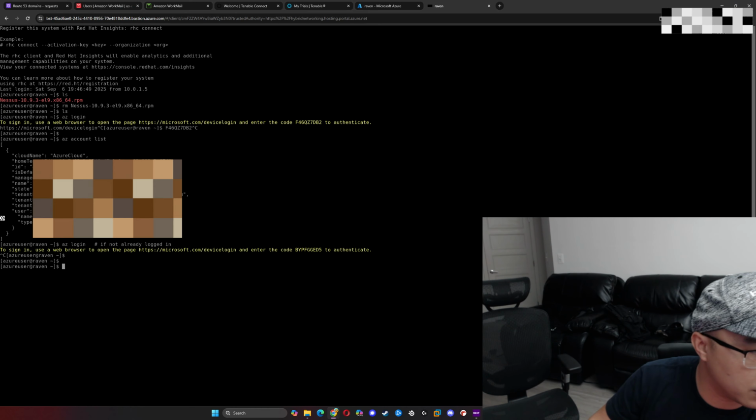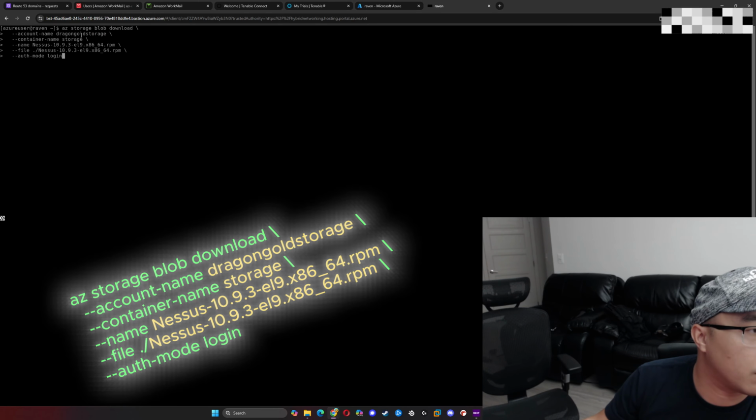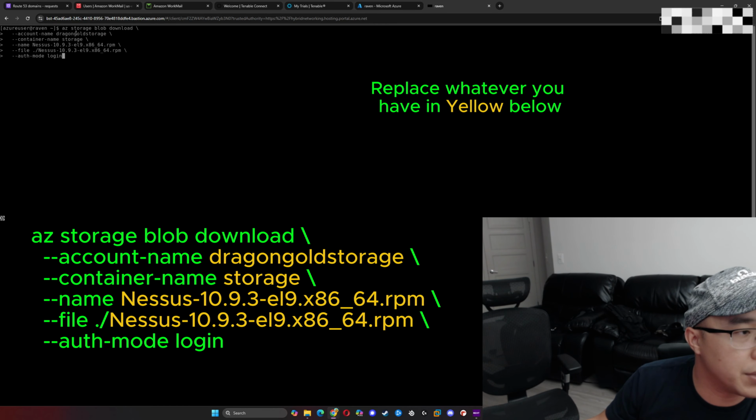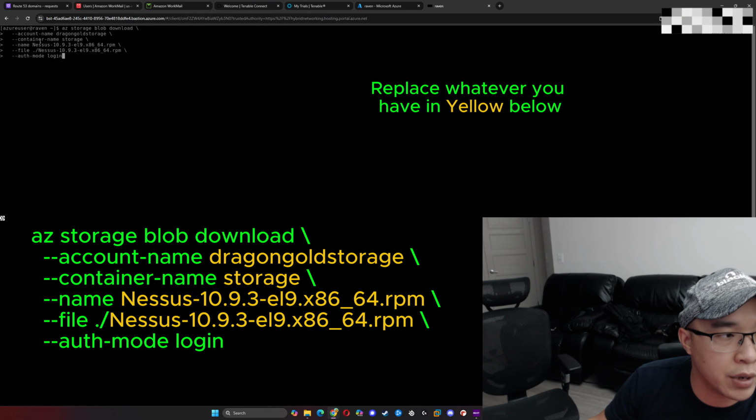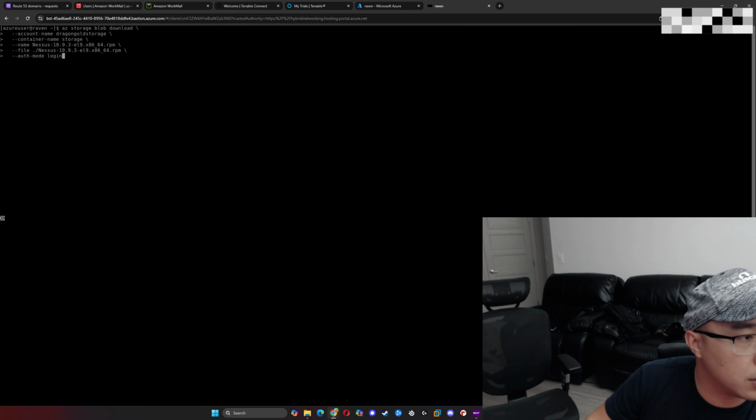Let me clear this real quick. So it's going to be az storage blob download, and then you select the account name of your blob storage, and then whatever you named your container. Mine was storage, and then I have the Nessus name right here. This is the Nessus download, and here's the file. So we're going to press this, enter,